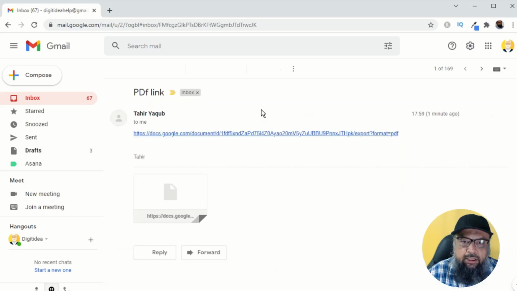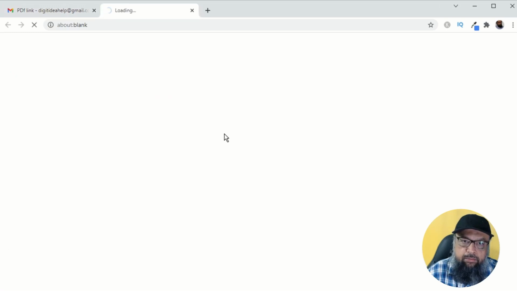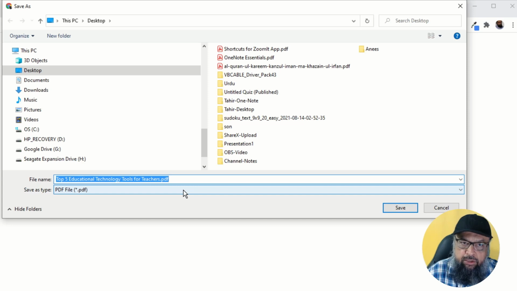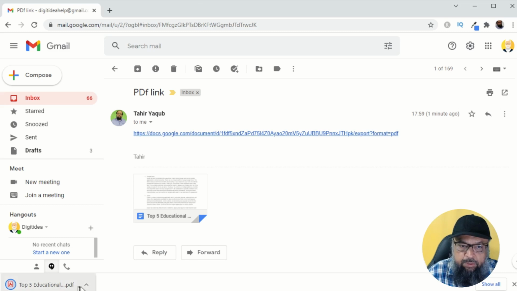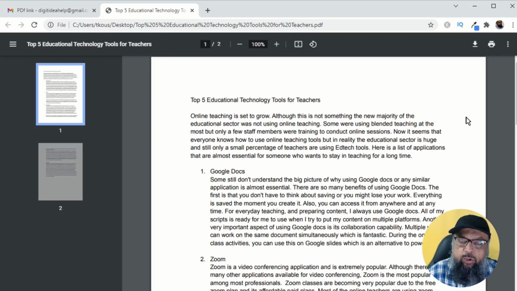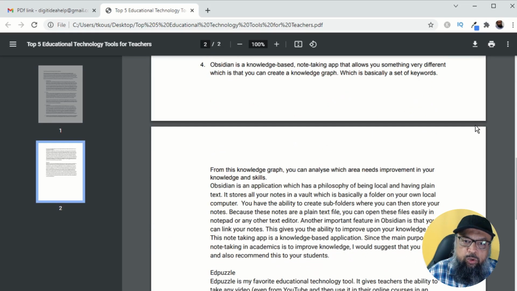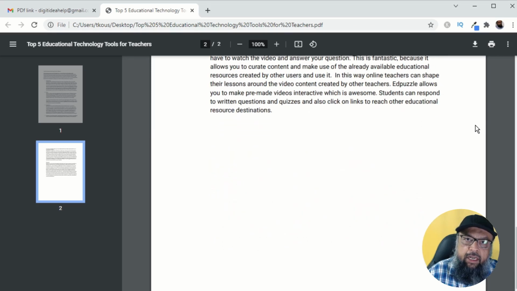I click on that, and now it seems that it is a Google Documents icon here, but when I click on this link it shows me this save as option, and I can save it on my desktop. So I click save, and now it has been saved, and now I click open to open this file, and as you can see, my Google Documents file has been transferred to a beautiful PDF file.